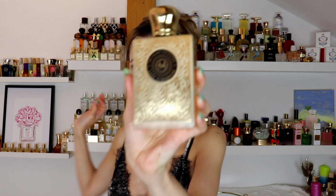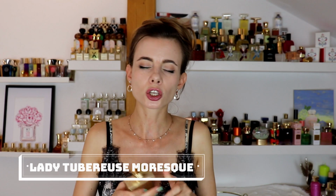But on that note, now let's move on to the most tuberose friendly option I have on today's list, which is from the Secret collection by Morasque that is called Lady Tuberose, and it was such a huge discovery for me way back in the beginning of summer. When I smelled it, I fell in love at first sniff with this creamy, fruity, a little bit gingery tuberose. We have some great notes like angelica and white lily, ylang ylang, and fruitiness with a beautiful woody, a little bit ambery, and sweet, creamy vanilla dry down. This tuberose is very beginner friendly. If you don't know where to start experiencing tuberose, I would say go for this amazing Lady Tuberose,